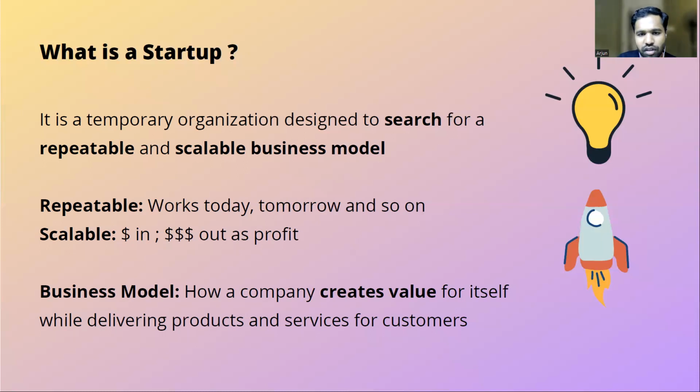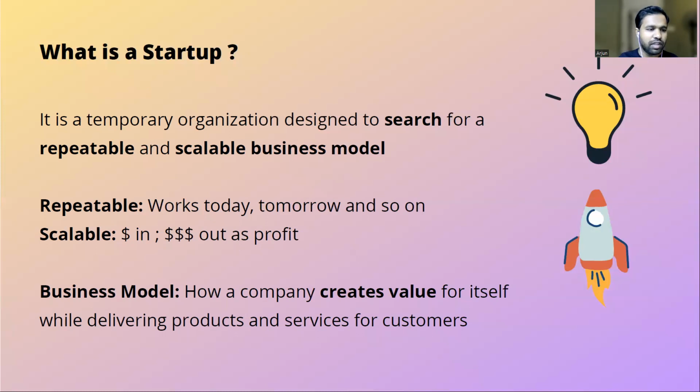So, coming back to the Samsung example, Samsung has been selling mobile phones maybe for the past 10 years, and they are going to sell mobile phones for many years to come. So their business model is a little bit simple. They manufacture the electronic device and they sell it to you. So it is very repeatable, and it is also scalable.